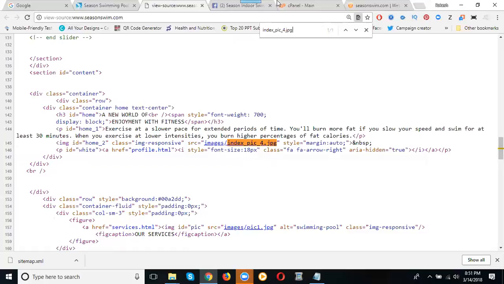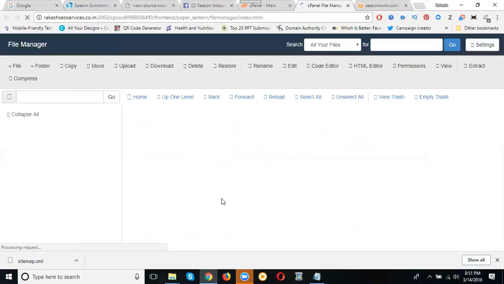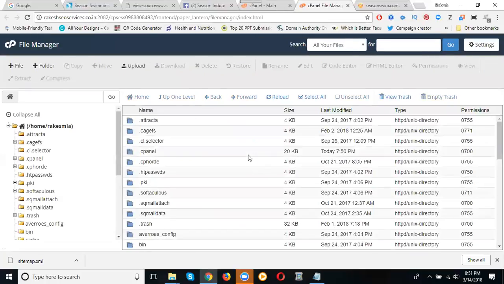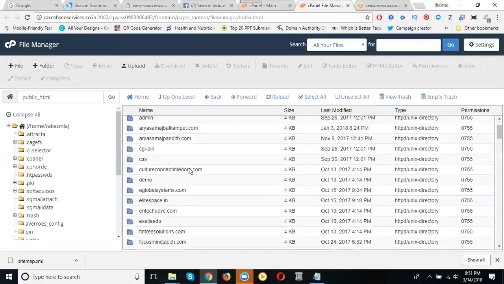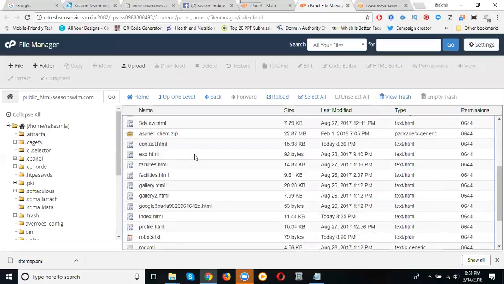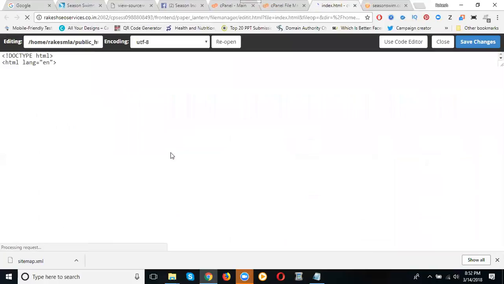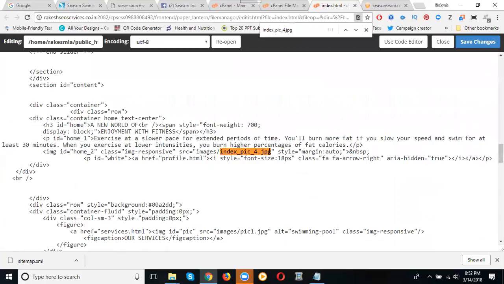I will show here. Go to cPanel, File Manager. The first page is index.php. So, first you go to the public, under HTML, go to the proper website. The option is index.html. Control F, Control V. Now,